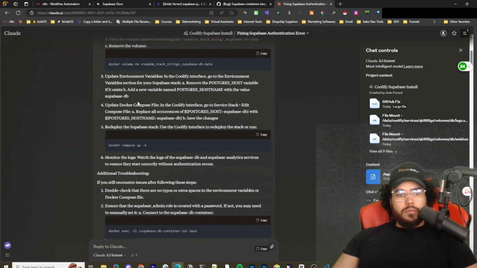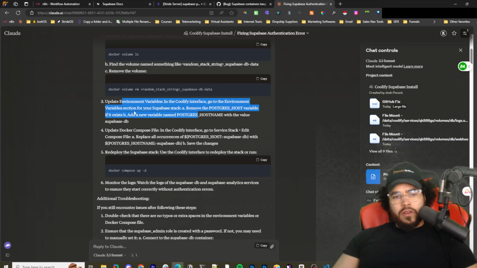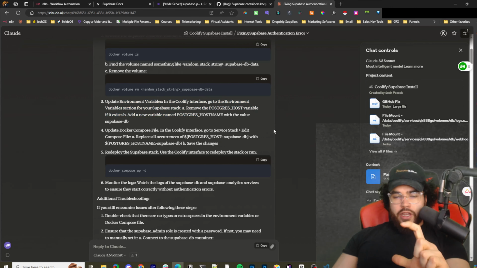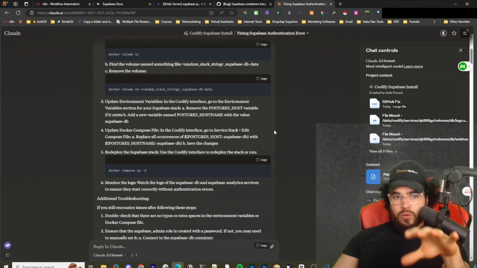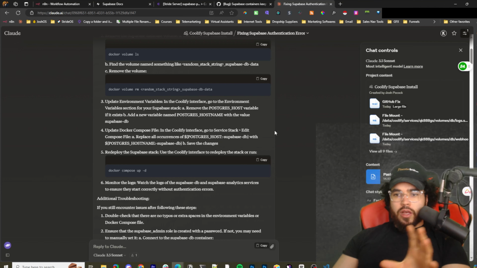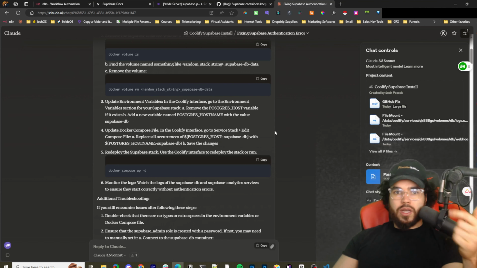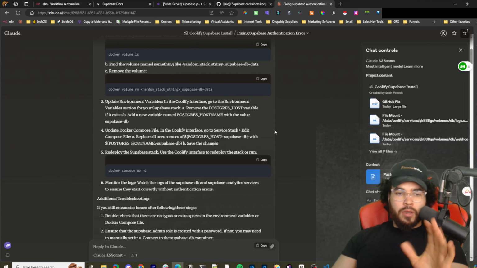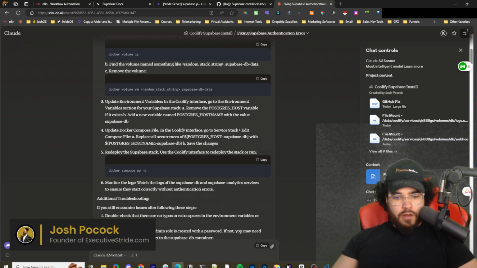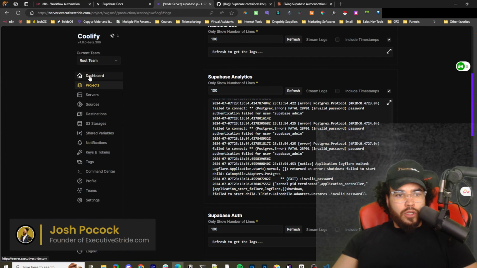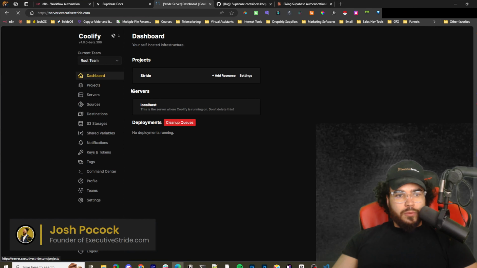Okay, so I'm just going to literally show you what I did. First things first, since we already deployed it, I'm going to remove the Docker files and the container. If you didn't deploy it, you're obviously not going to have to remove them, because you didn't deploy it. That's why I said don't do it if you haven't done it yet. But if you did do it, I'm going to show you how to remove that in just a second. But first off, what we're actually going to do is go to, oops, not our dashboard. We'll go back